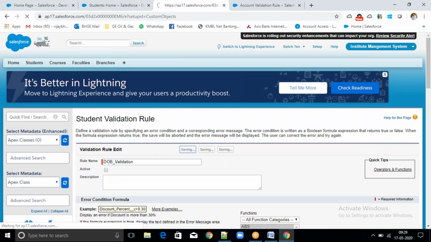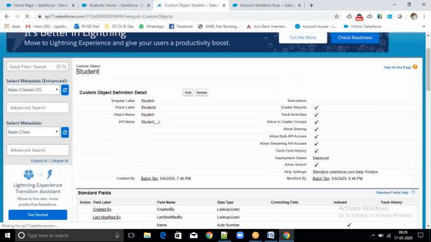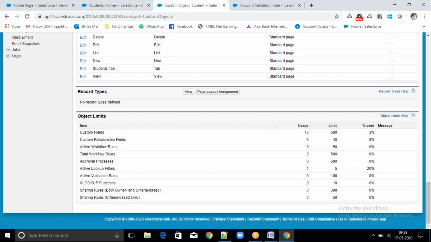Click on save. Now if I come down, see active validation rules: we can write up to 100, but active validation rules are 0. But we wrote one validation on the custom Student object, right? If I make it active, it will become 1.